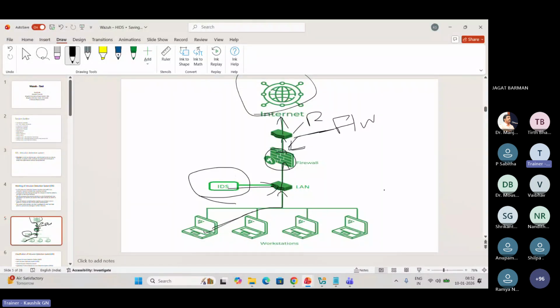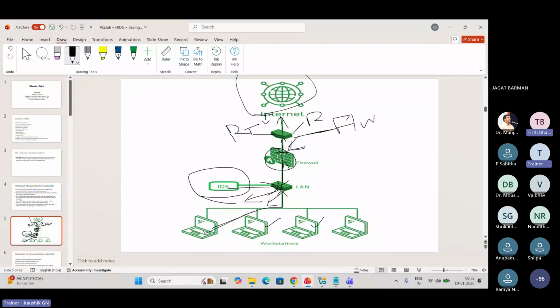Why? Because, for example, in the reverse direction, the internet will respond. It will come to the router. The router will identify it by the routing table. It will identify the IP address. Then the firewall will filter. Then it will go to the LAN, before it is sent to the endpoints, the computer or any mobile devices.